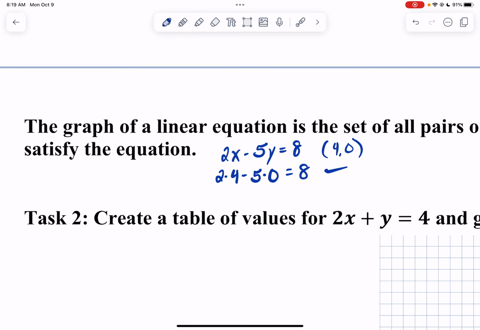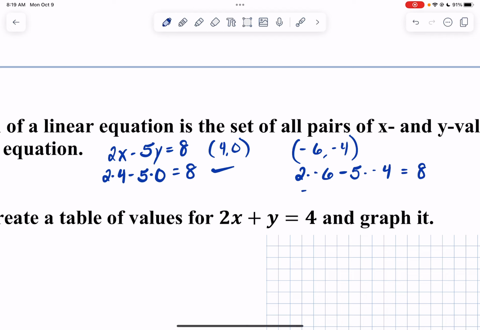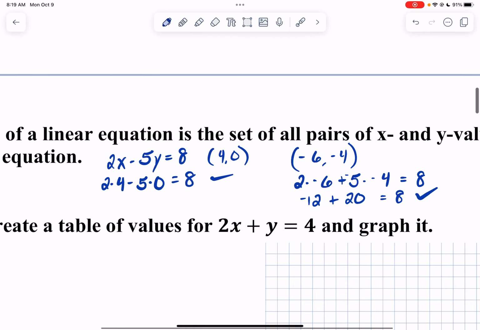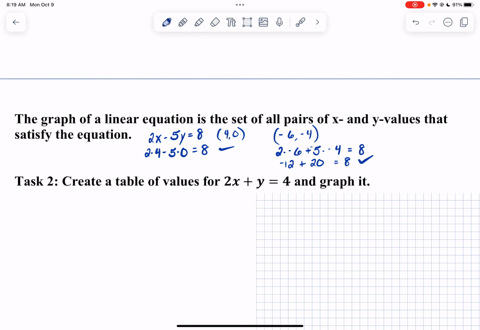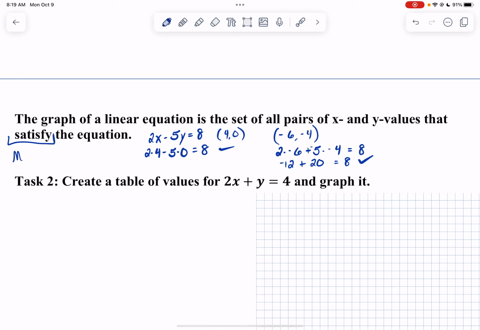What I mean by it works, the point -6, -4. When I replace x with -6, 2 times -6 minus 5 times -4, it does equal 8. 2 times -6 is -12, plus a negative -5 times -4 is positive 20. That does in fact equal 8. -12 plus 20. So the point -6, -4 does work. So when it says here, the graph of a linear equation is the set of all pairs of x and y values that satisfy the equation,